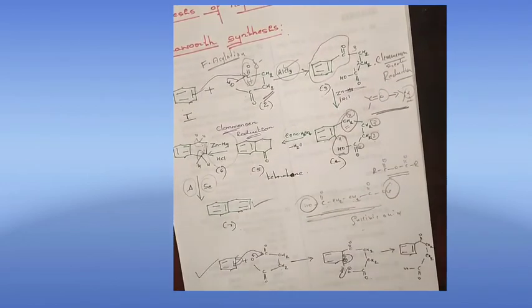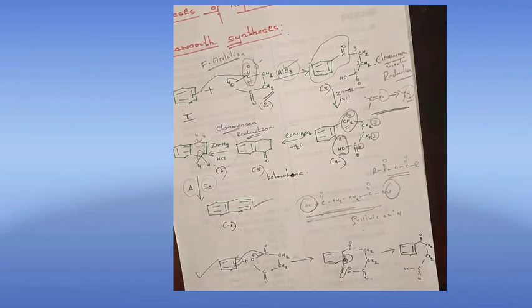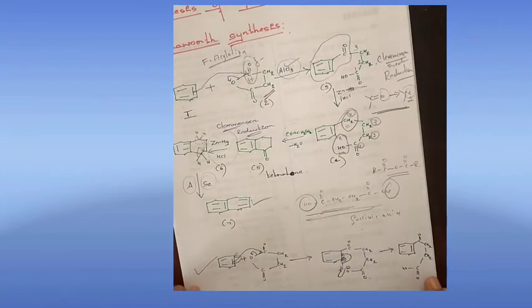So this is very important, very important for 5 marks. It is given by the scientist Haworth. So that's why it is called Haworth synthesis. Haworth synthesis involves Friedel-Crafts acylation, followed by Clemmensen reduction, followed by treatment with concentrated sulfuric acid, that means acidification reaction, again Clemmensen reduction, finally heating in the presence of selenium. Okay,